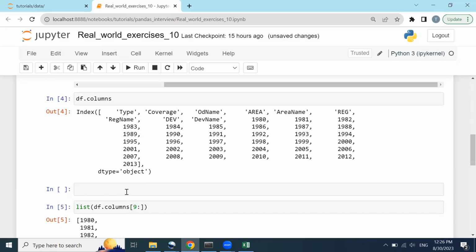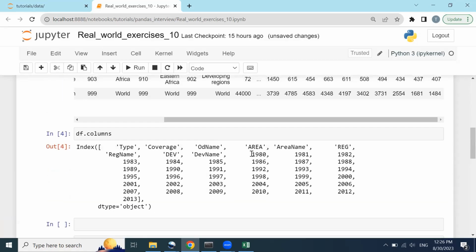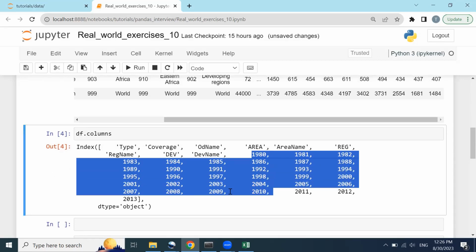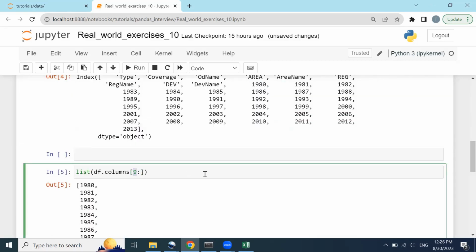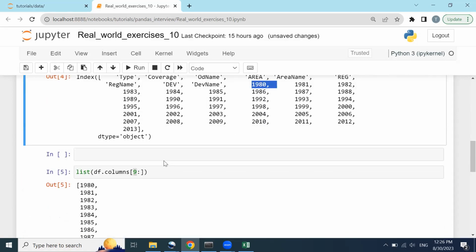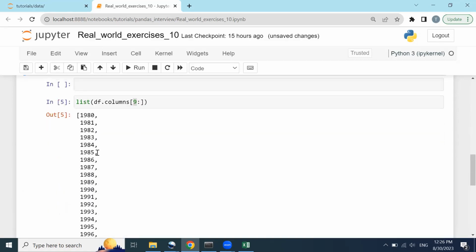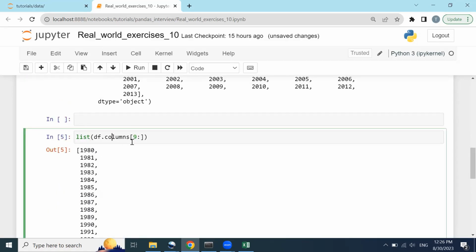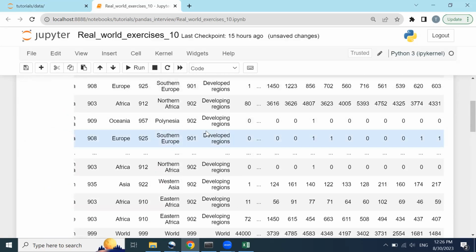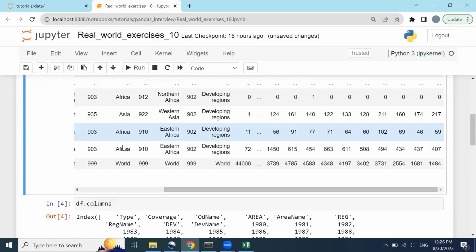If I click shift enter, you will see it will start to count all these columns starting from the 9th position from this column here, right? And we have already these column names here, and we have what we want, the other column, this area name column, and we will split it up